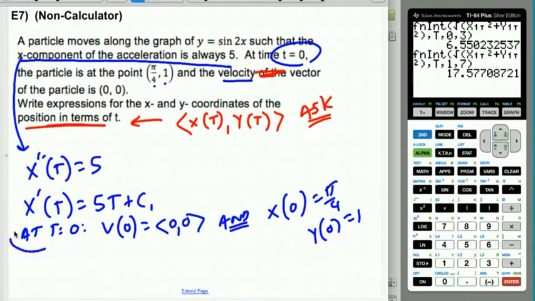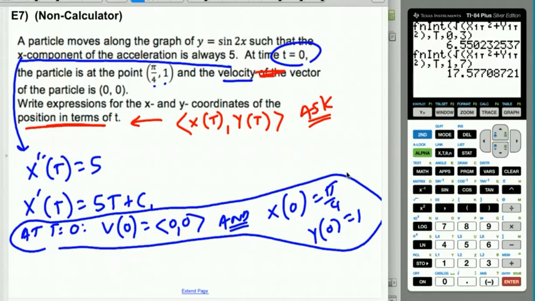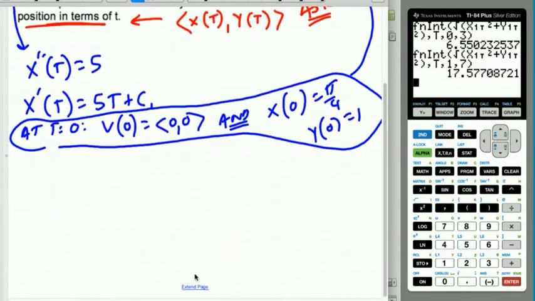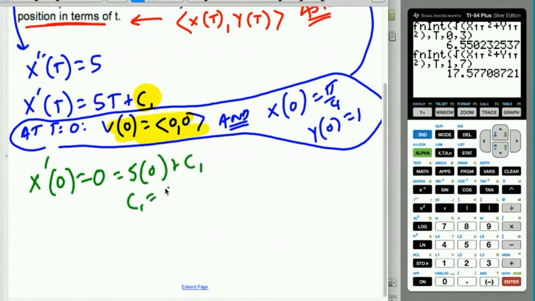That's what I know because I have those two values. So these are initial conditions that I was given, right? If I read this line carefully, that's what I find out, right? Those two lines right there. So I'm now going to use this information to find that c. Now you might be saying, hey, but Hogan, what are we supposed to do about y? We don't know anything about y yet. Well, we're going to deal with that in a minute. So my x prime of 0 is apparently 0. Well, that's 5 times 0 plus c sub 1, so it seems my c sub 1 is just 0,